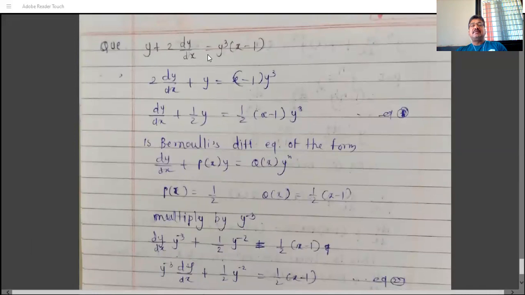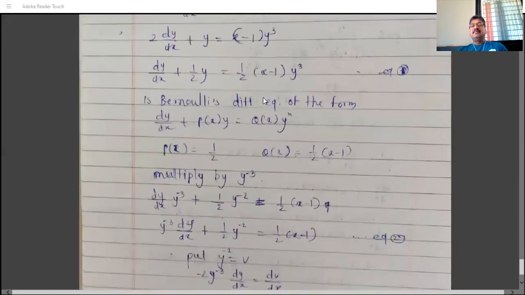Example: solve this differential equation. 2 dy by dx plus y is equal to y cube into x minus 1. First we have to identify that this is Bernoulli's differential equation. So dividing by 2 throughout, we have dy by dx plus 1 half y is equal to 1 half x minus 1 into y cube. And this is Bernoulli's differential equation of the form dy by dx plus P(x) y